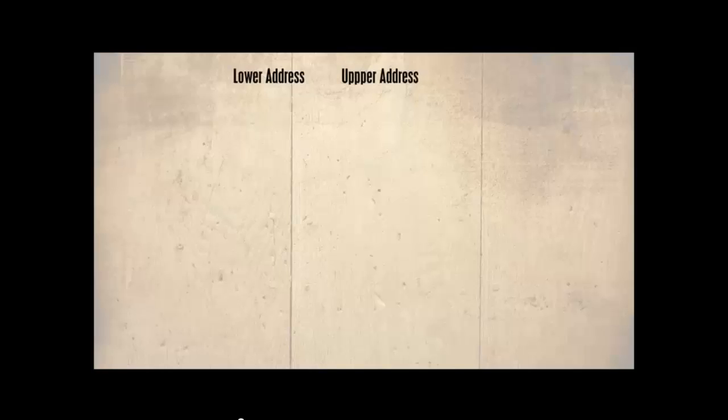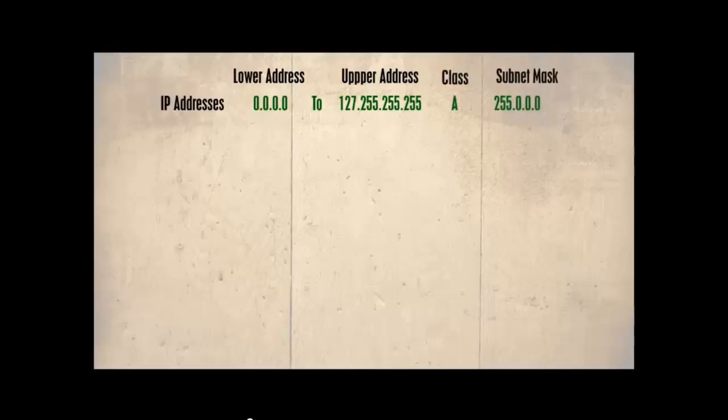Remember, we said that not only are IP addresses in classes, but they have a lower and a higher address limit. So if a host has an IP address between 000 to 127.255.255.255, then it is a Class A subnet, or the subnet mask is 255.0.0.0. If the IP address is in the range of 128.0.0.0 to 192.255.255.255, then it is a Class B subnet, or has a subnet mask of